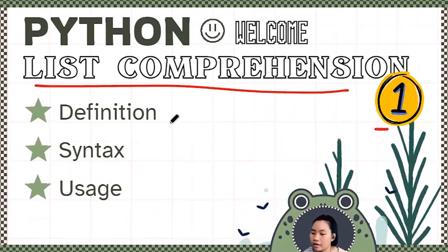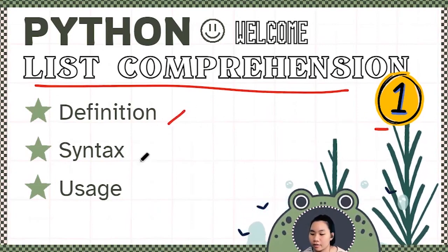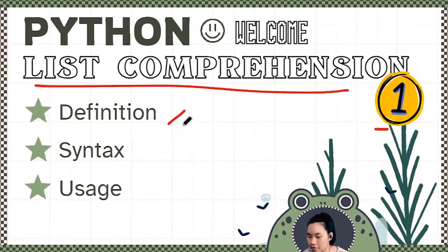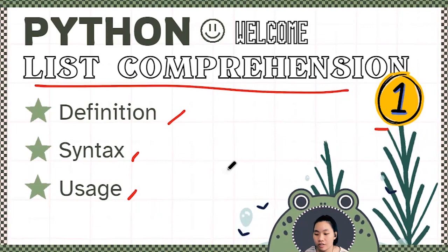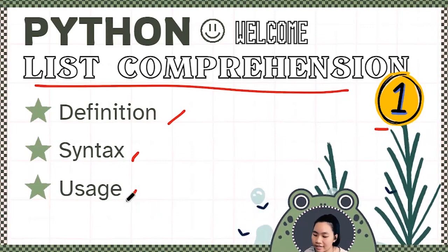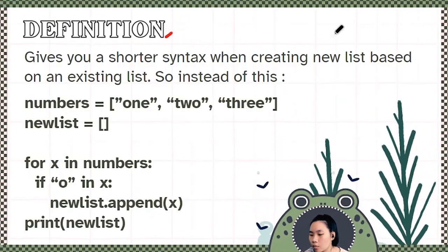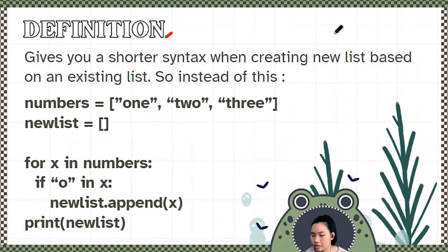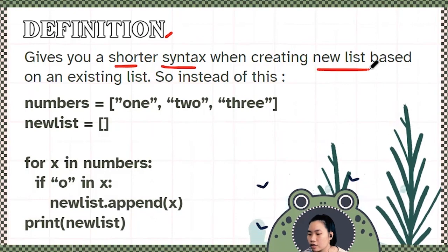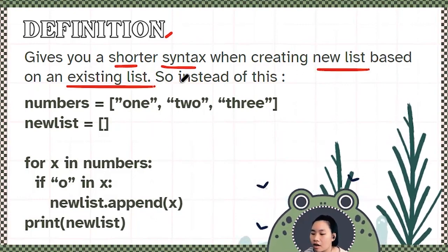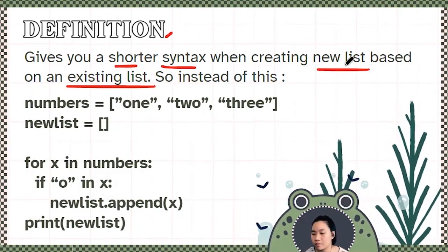We'll be talking about the definition of list comprehension, and then the syntax as well as the usage of list comprehension, because it is pretty handy. First off, what is a list comprehension? It gives you a shorter syntax when you create a new list based on a list that already has been